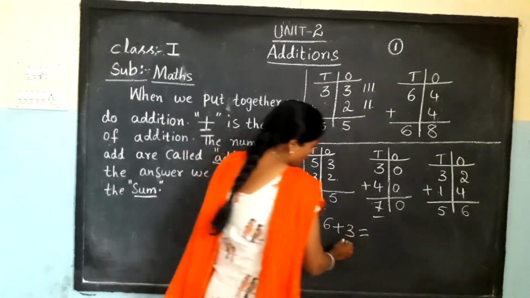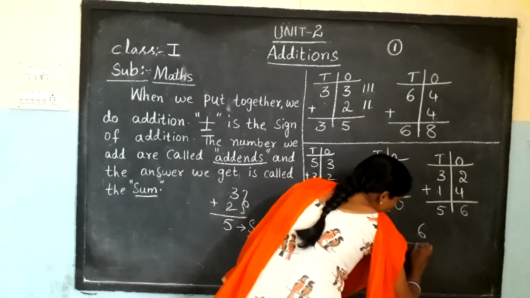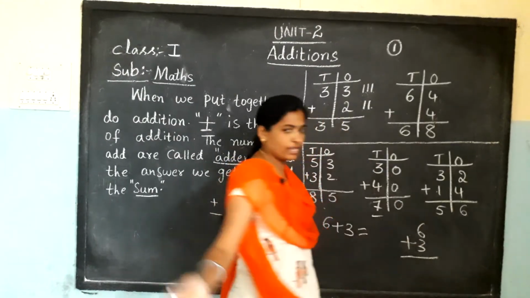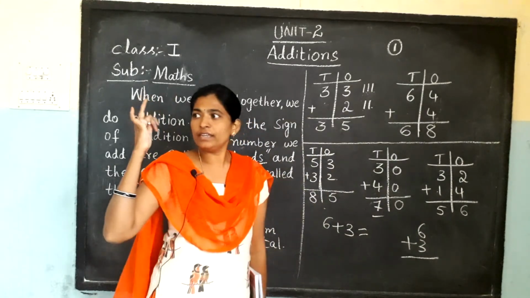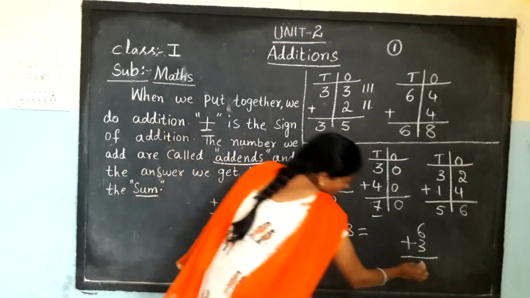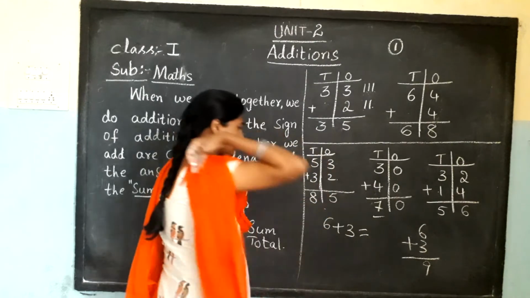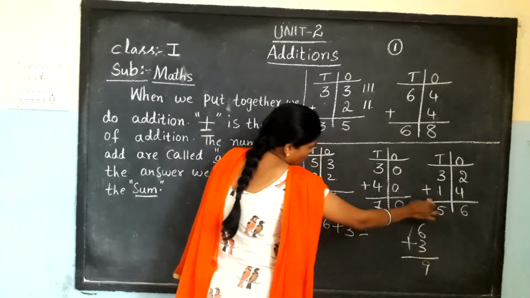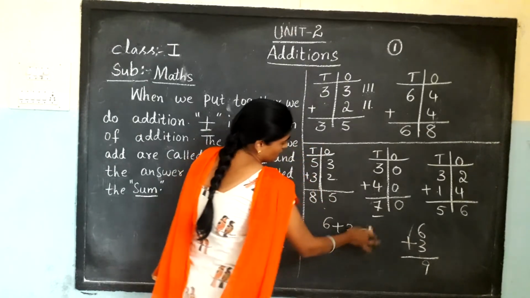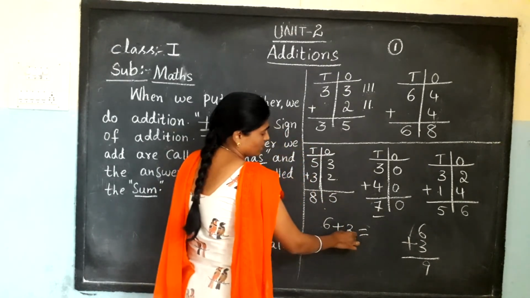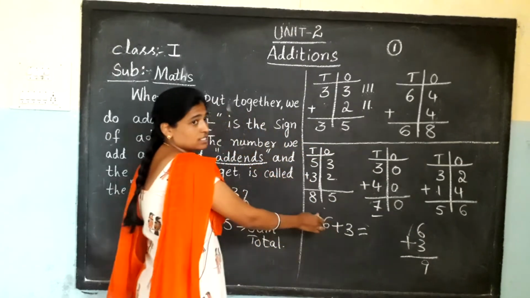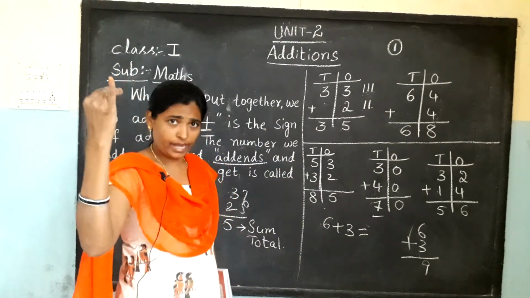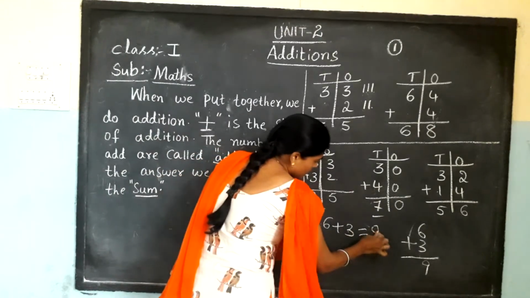You can add any number like this also. 6 plus 3. Count now, 6 in the mind and 3 in your fingers. 6 after, 7, 8, 9. 9. Here also, see, here also 6, the same number. This is horizontal. This is vertical. 6 plus 3, what will come? 6 in the mind and 3 in your fingers, 7, 8, 9. The answer came the same, no?